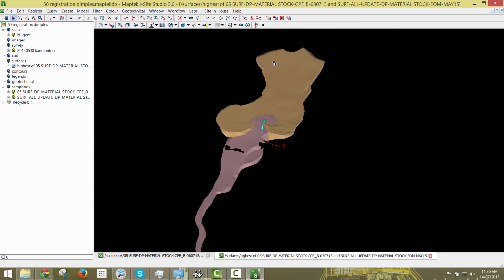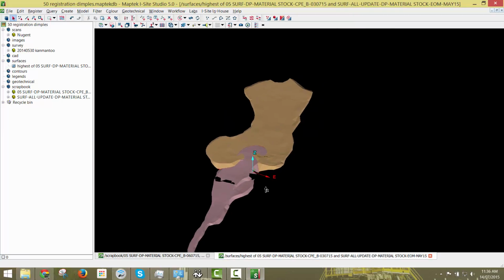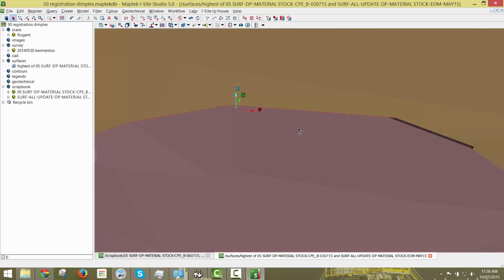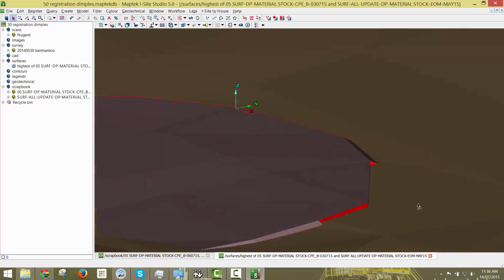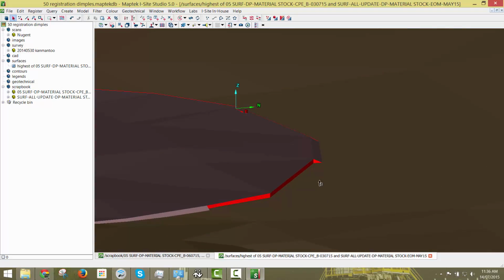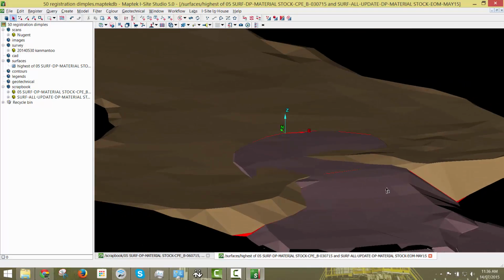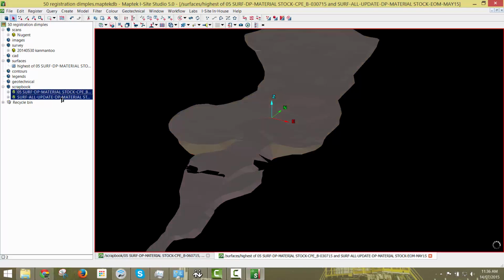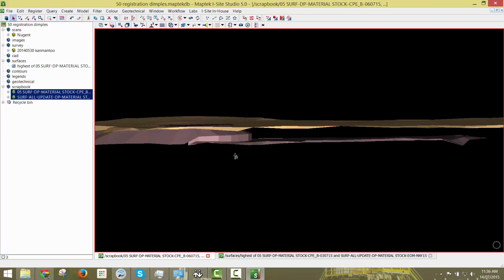But this is not really a solid surface. We've got holes here. You'll also notice there's this little red line, which is vertical triangles, where they don't perfectly intersect. Now, how I fix this is go back to your two original surfaces, which I've got over here,